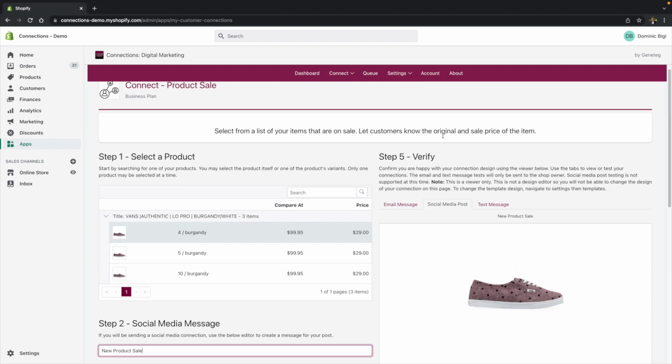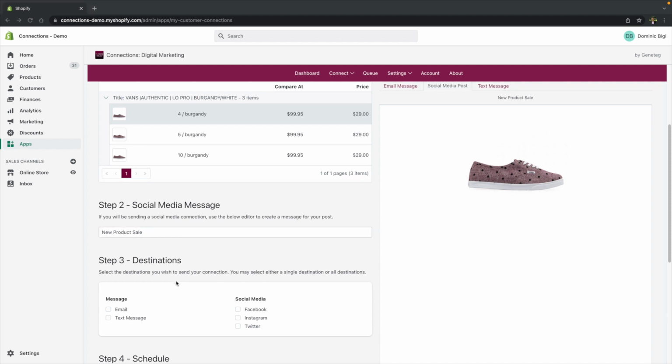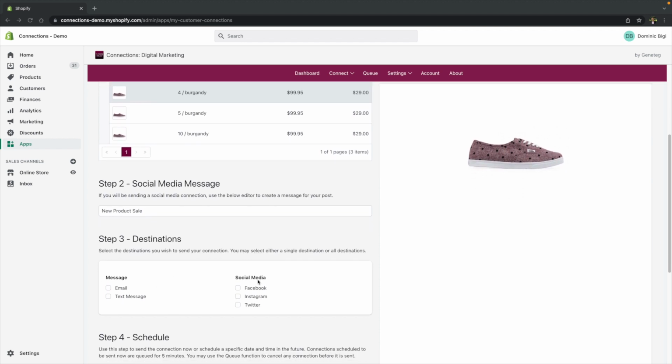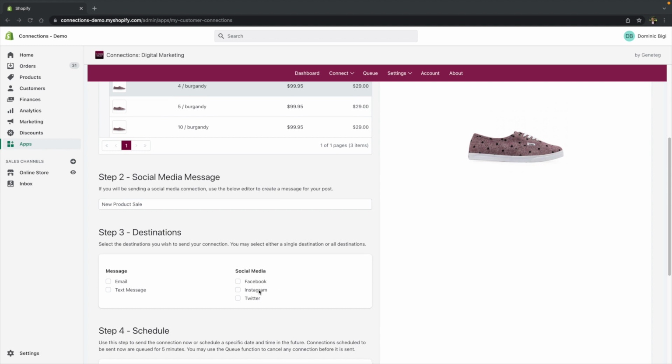Once I'm done with step 2, I can move on to step 3, which is where I select the destination for my connection. I have the option to send my connection out as an email, as a text message, or as a social media post. The Connections application currently supports posts to Facebook, Instagram, and Twitter. For this specific example, I'm going to have my connection go out as an email, as well as a post